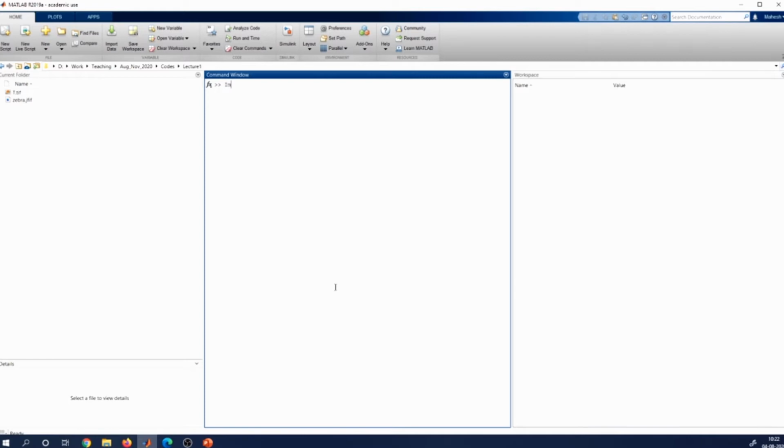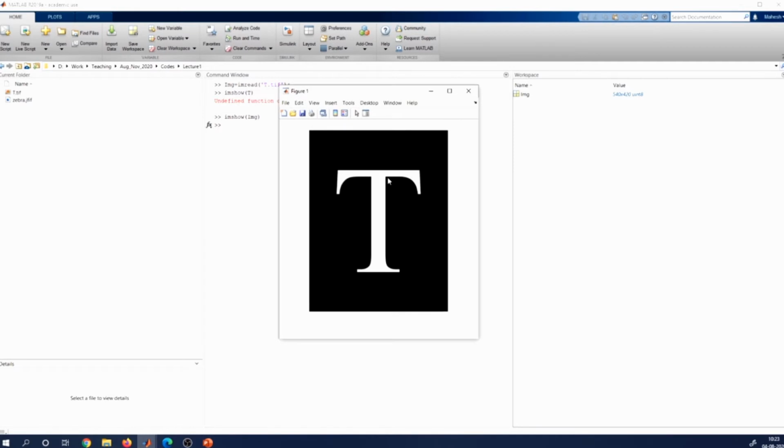Okay, so I'm just going to read this image, basically the T image, which has nothing but the letter T in it. If I use the imshow command here, again you can use libraries like matplotlib in Python and you will get a similar effect. So this is how the image looks, right? It has intensity, so I can use the cursor here to show you the intensity.